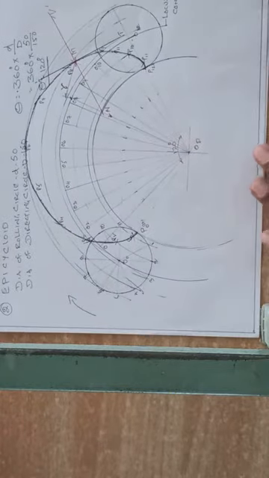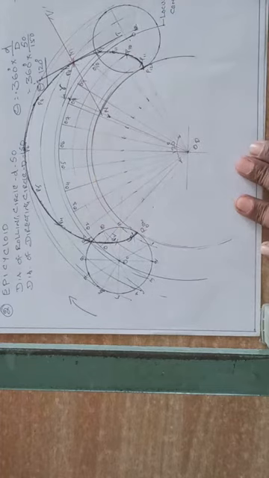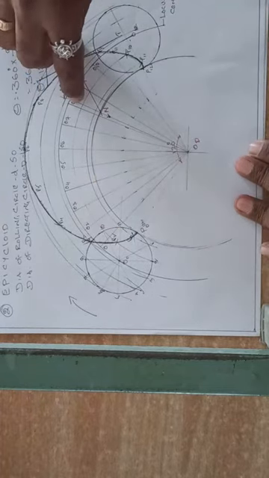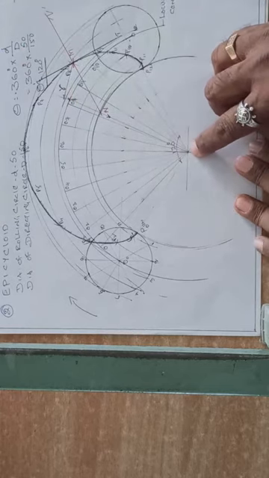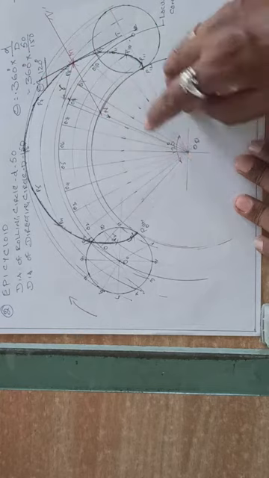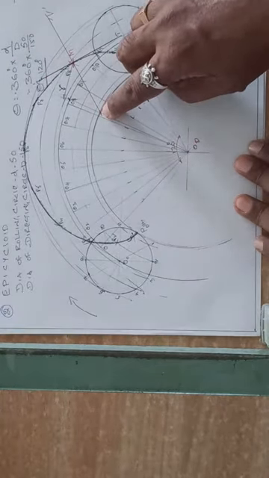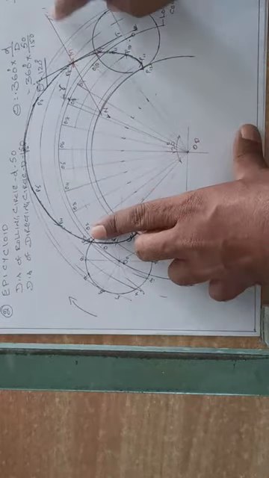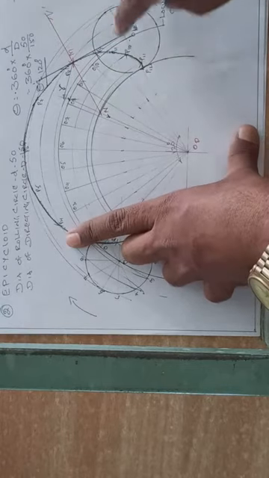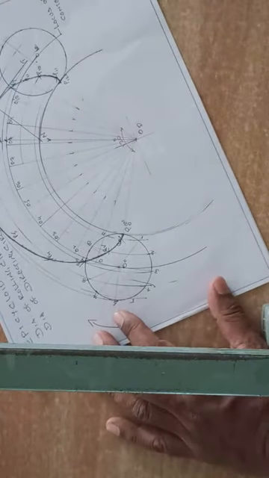So the procedure is, first select the point M on the curve, take the circle radius as radius, M as center, cut the locus of centers, and join that point with the center of the directing circle. When it is joined, it cuts the base circle, that is the directing circle, at one point. Mark that point as N, join with M and extend it, that is N dash. Taking this line as the reference line, using a protractor at 90 degrees, that is the tangent. Now it completes the construction of the cycloid.